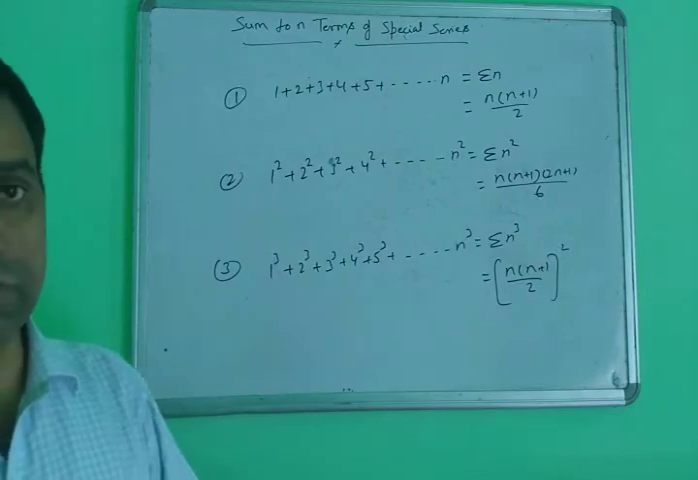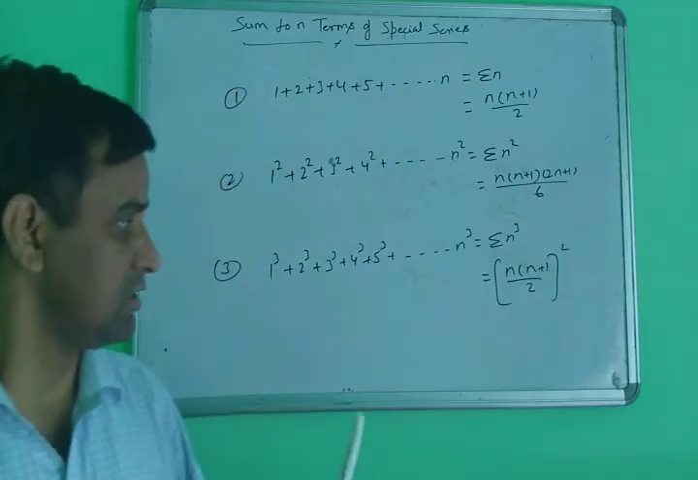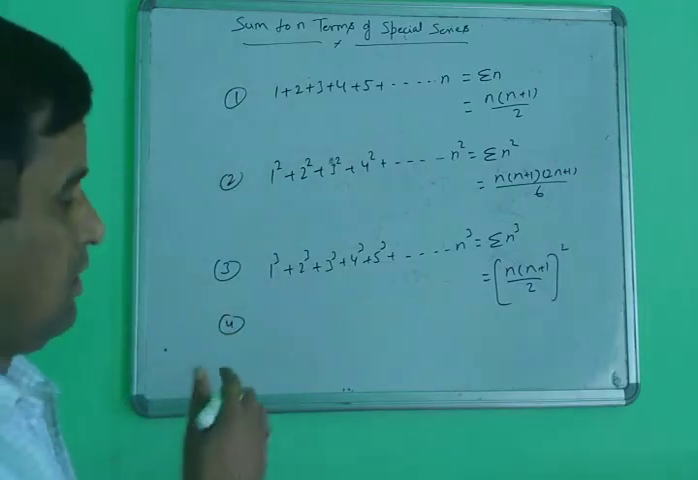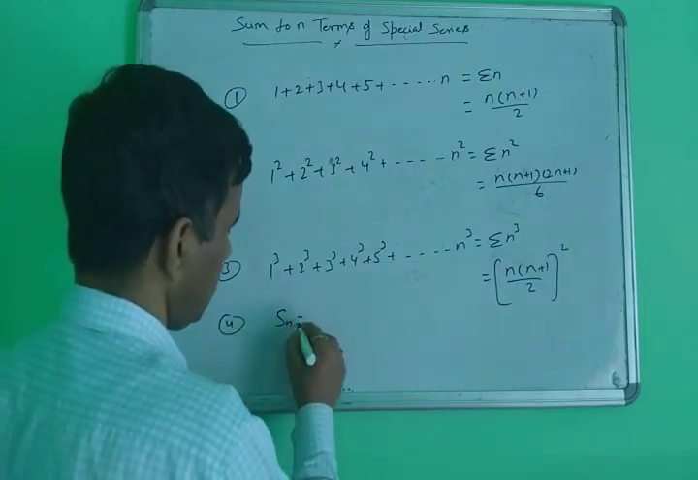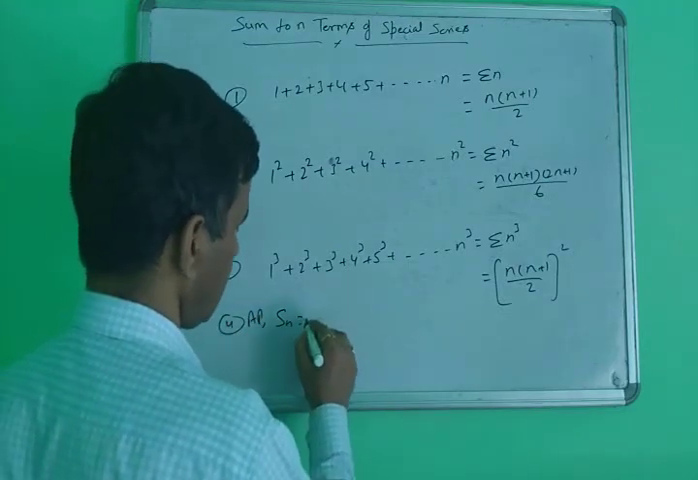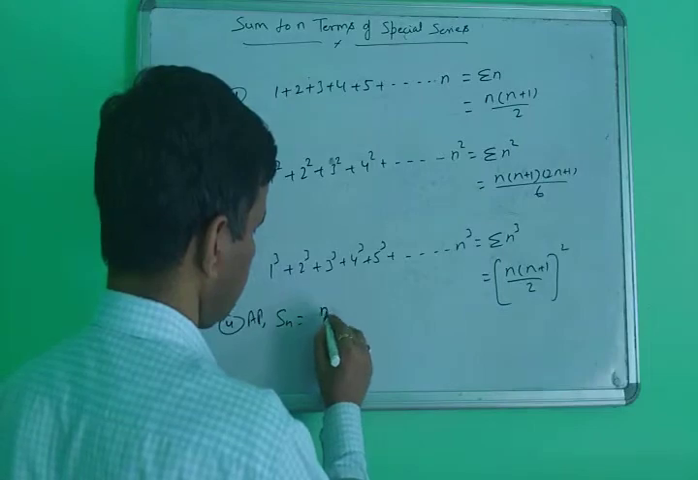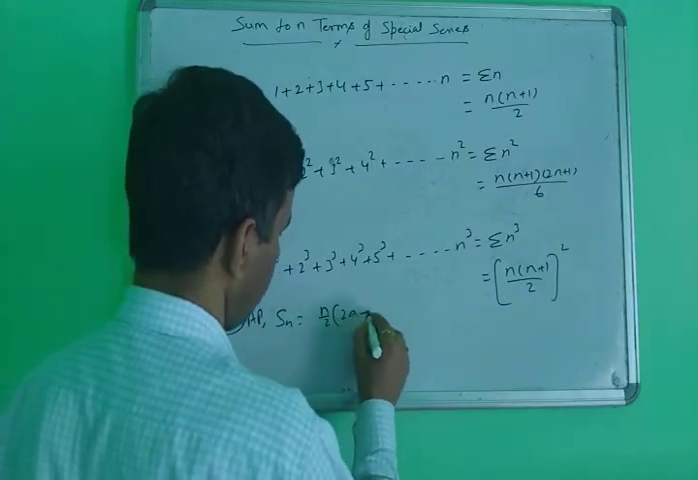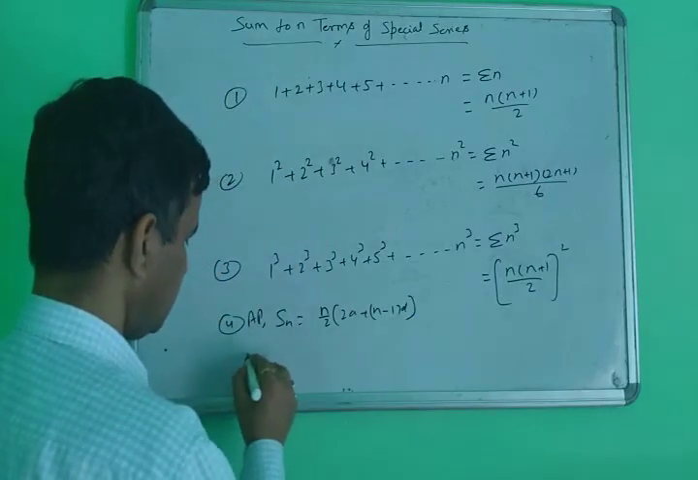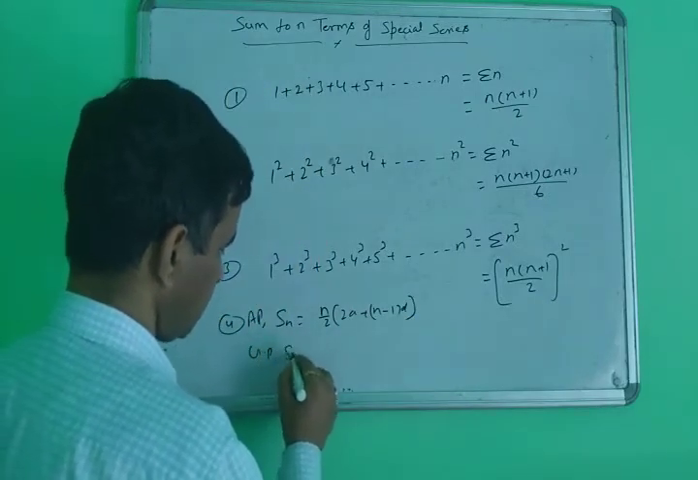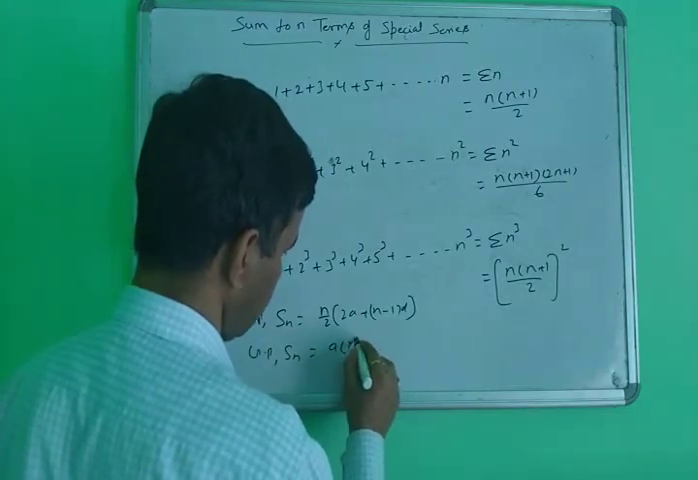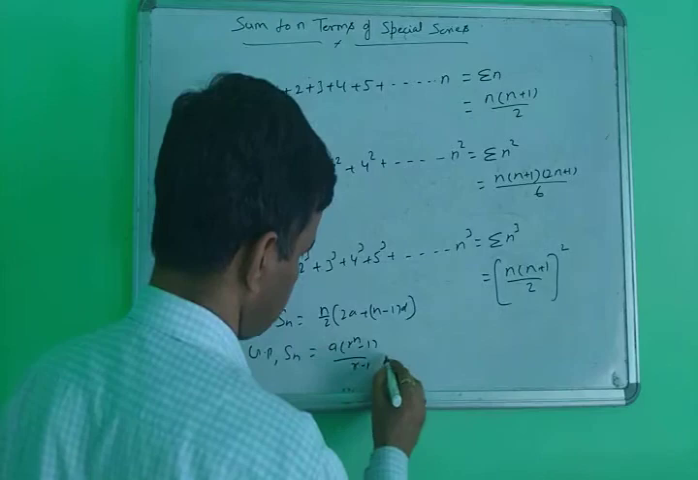Your GP and AP are extra to this. The sum of the AP: what is the value of Sn for an AP? This is called here n by 2 into 2a plus n minus 1 into d. And second, for a GP, Sn equals a into r exponent n minus 1 upon r minus 1